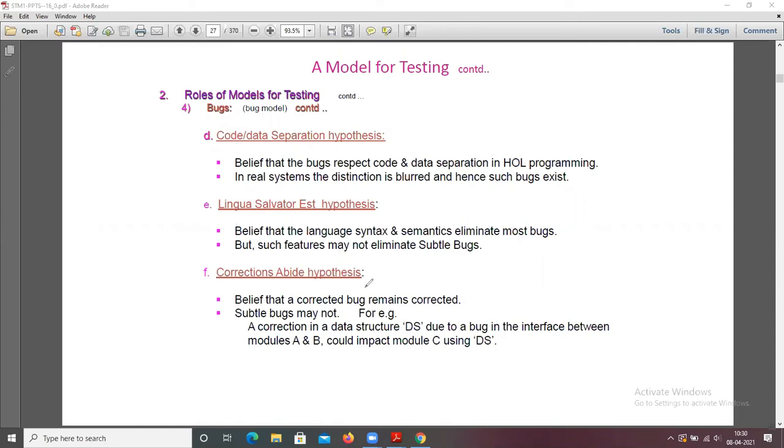Then the correction abide hypothesis: the belief that a corrected bug remains corrected. Subtle bugs may not. For example, a correction in a data structure DS, due to a bug in the interface between module A and B, could impact module C using the data structure.